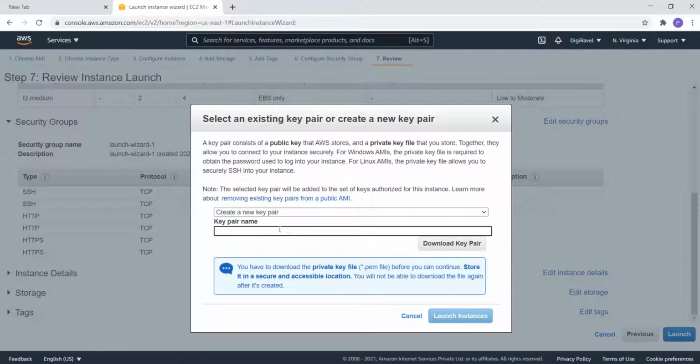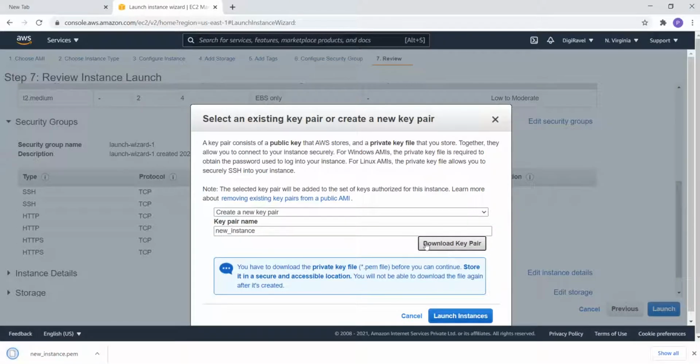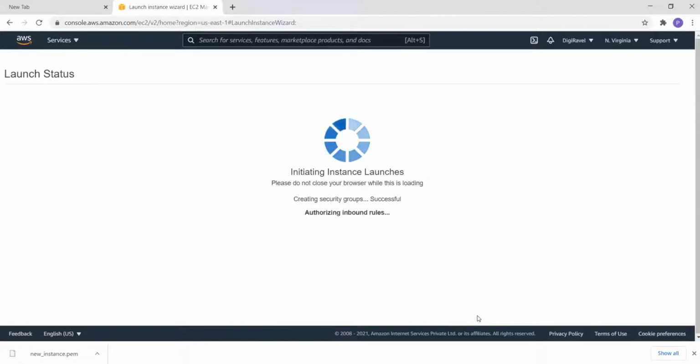Whenever you get these files downloaded, keep them in your drive or anywhere, so that you can download them whenever you lose them in your local system. I have downloaded the key pair. You see this is your PEM file which has a connection code to your instance, and then just click on launch instance.